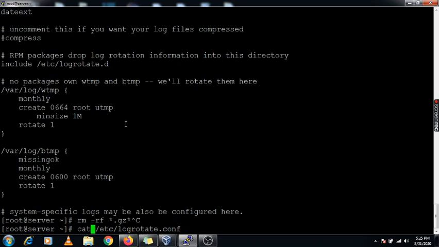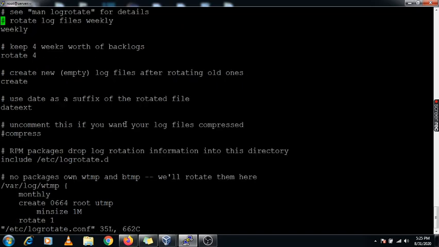So now I'm going to edit it. There is the file and I'm going to compress it. Okay. And apart from this .conf file, we are using this path that is /etc/logrotate.d. So this is the base directory where you can set all the parameters separately, and we will demonstrate this under another example.